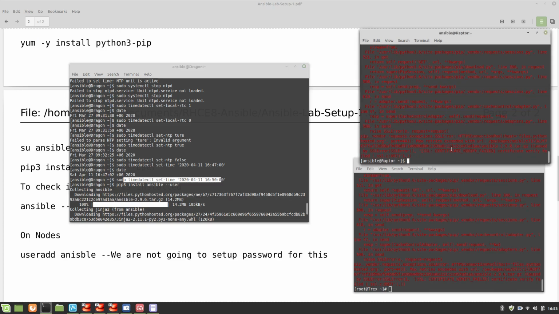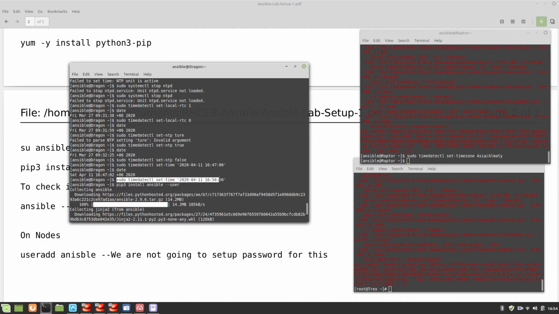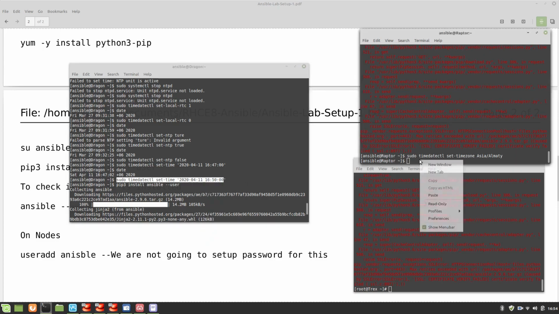So to do that, I will use the same here, sudo timedatectl set timezone is Asia Almaty, and then I'm going to use set time command, and today is April 11th, and the time is